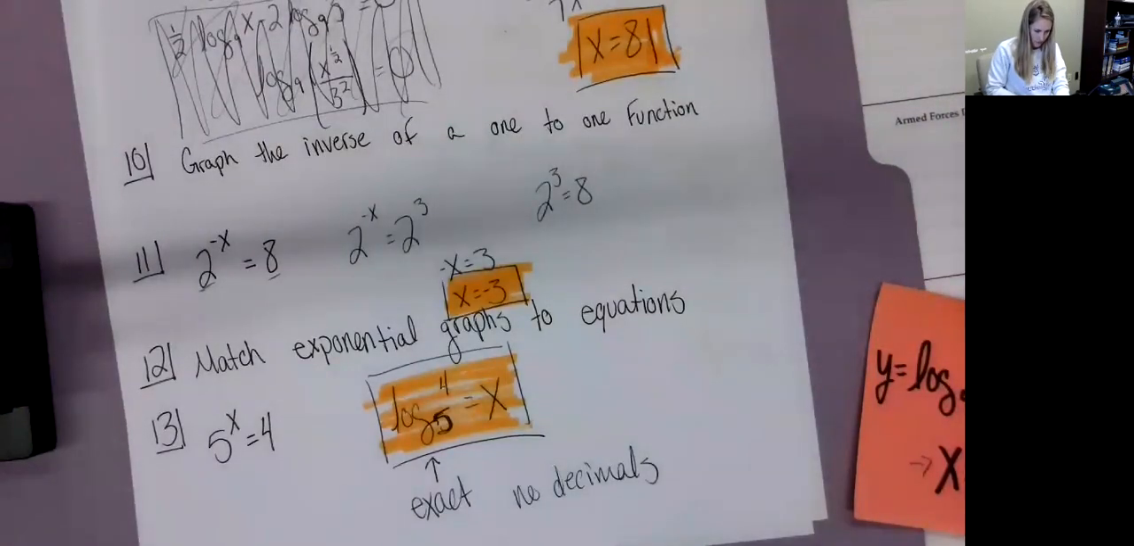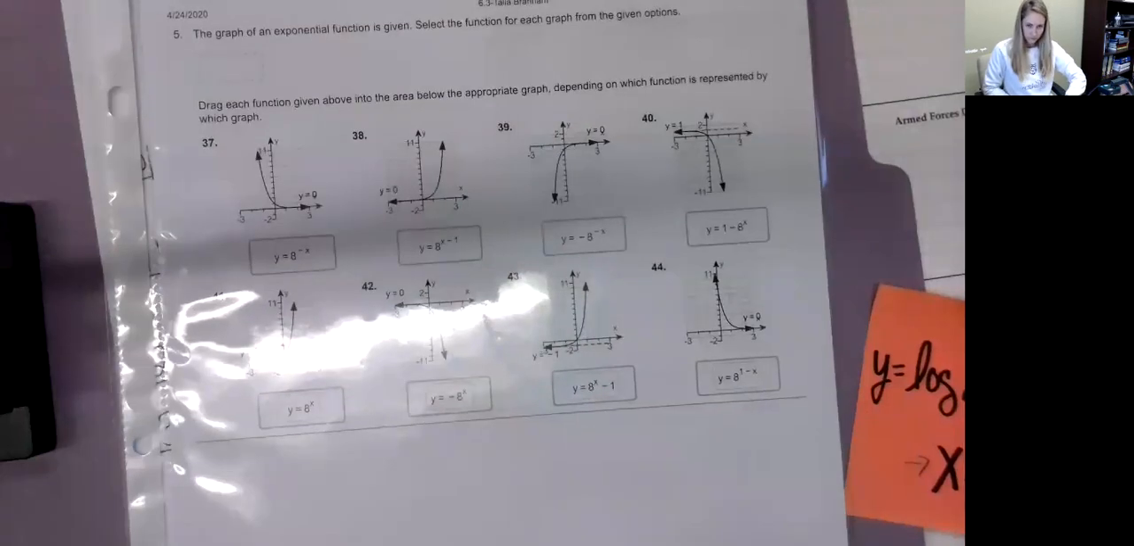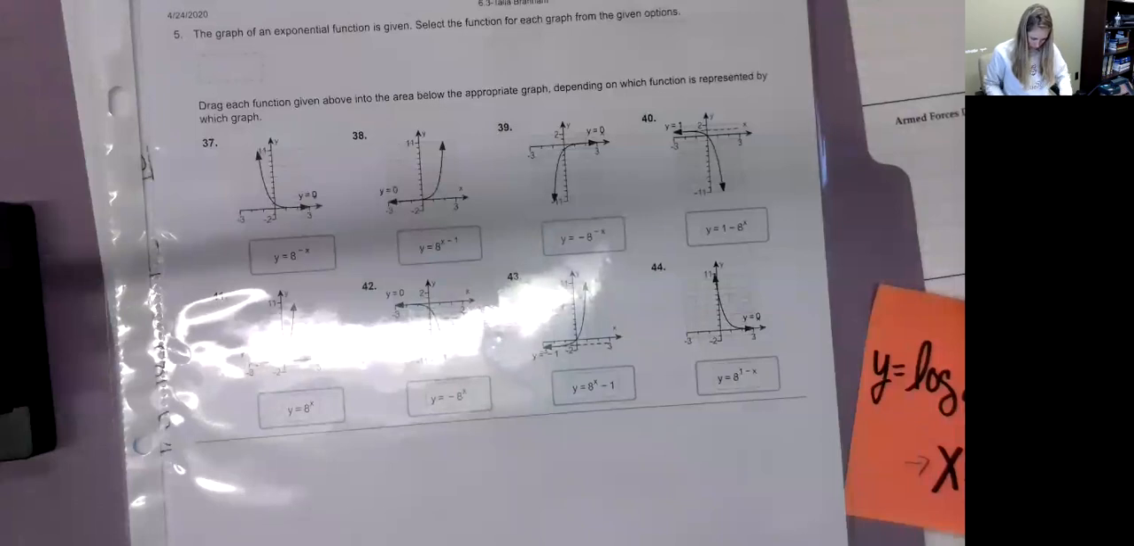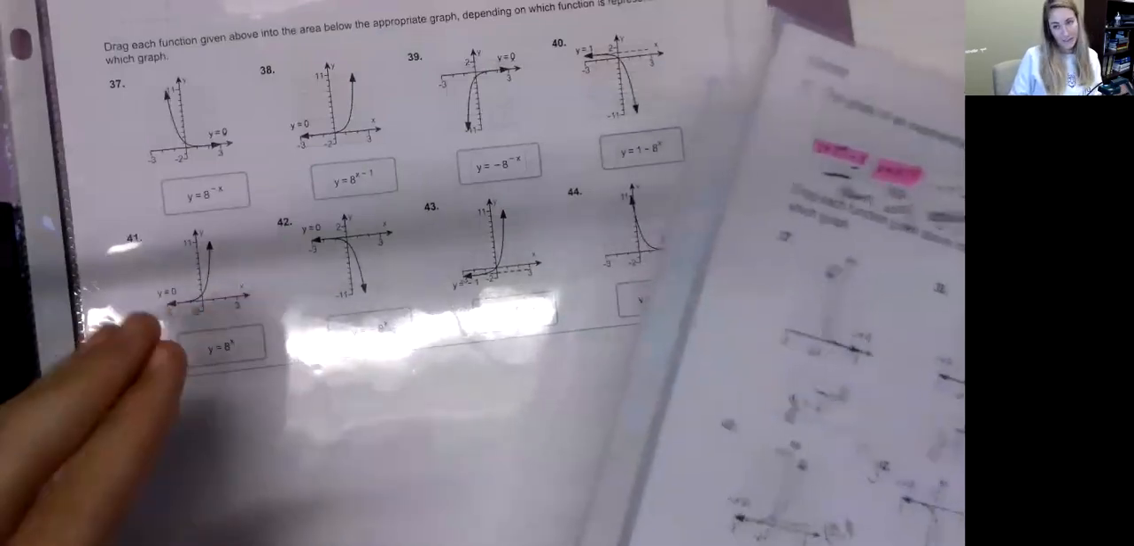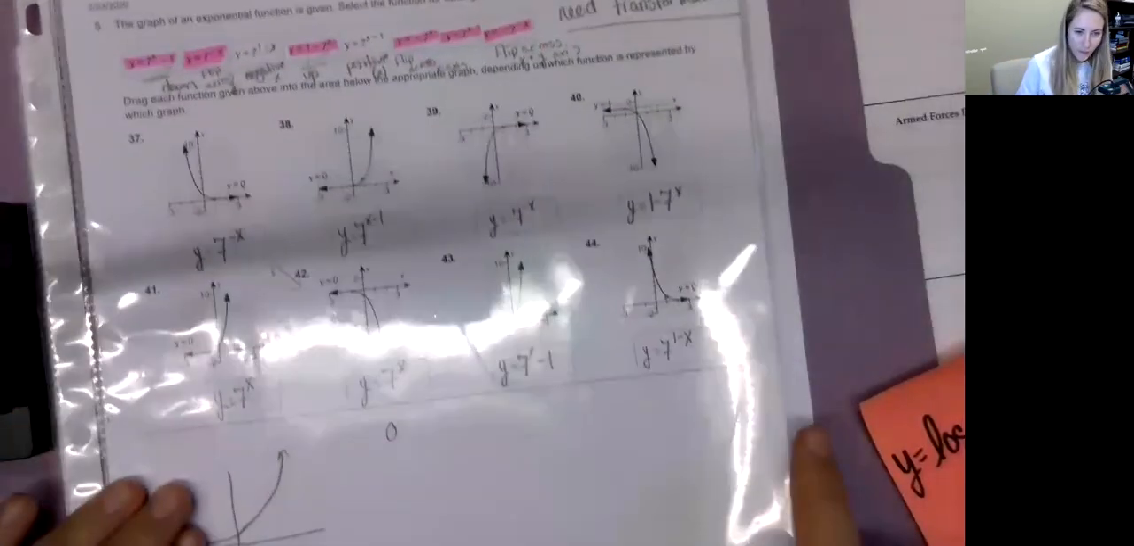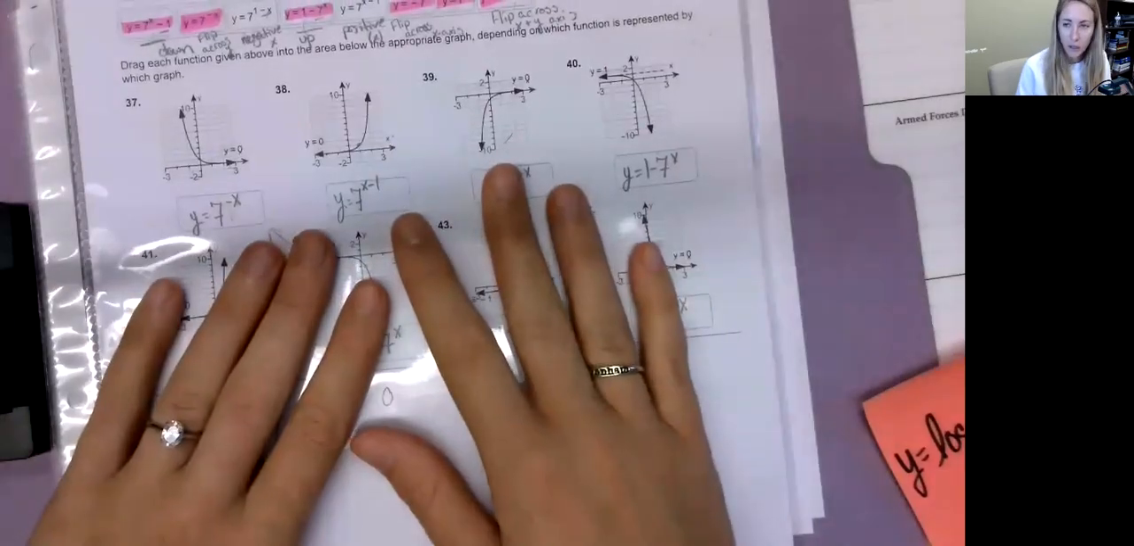And then 12, match exponential graphs to equations. That was 6 point. This one. I should have one where I've written on this as well. Now that it's all good and messed up in my binder. All right, so here's one where I wrote on it, and then here's the one where I printed it out so it looked nicer. So it's this exact problem, and you're going to be dragging and dropping them into the